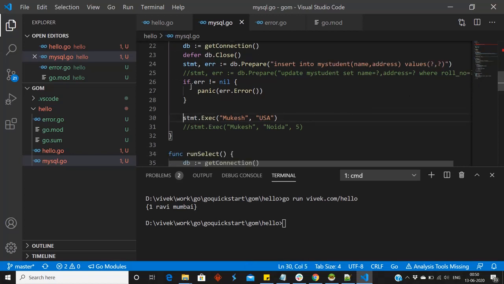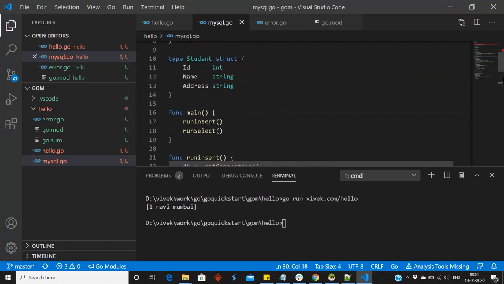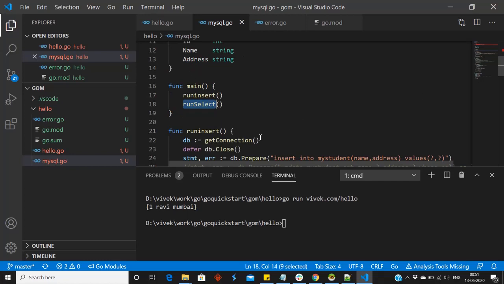Then we are executing the statement, stmt.Exec, and we are passing those two values, Mukesh and USA. So it will insert Mukesh and USA in the table. After that, select will run and it will print Mukesh and USA also in the result. So let me run the code.